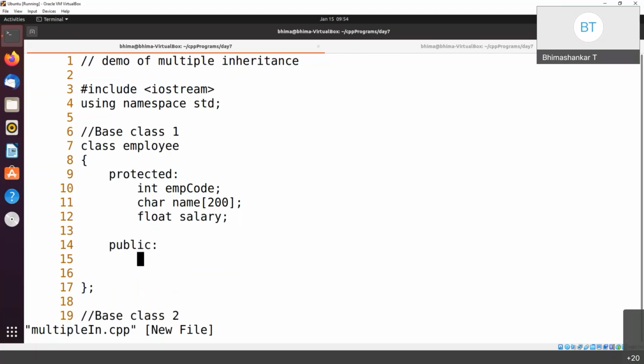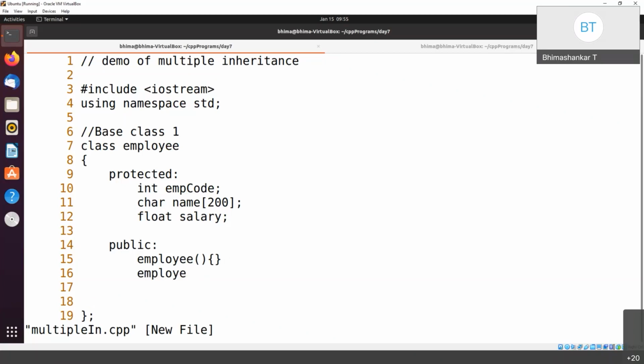And do we want to have a constructor? If you want, you can have a constructor in this way, like employee. So it is a default constructor, I can say. I don't want to have anything, or suppose if I want to have anything, I can write it within those braces. And suppose I want to create a parameterized constructor, so I can write it in this